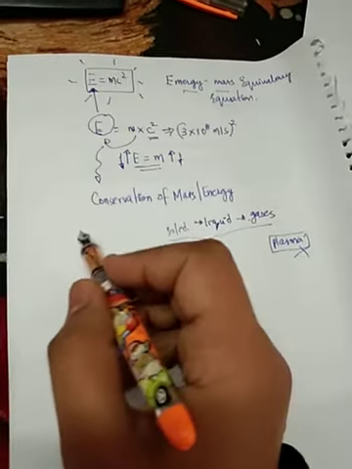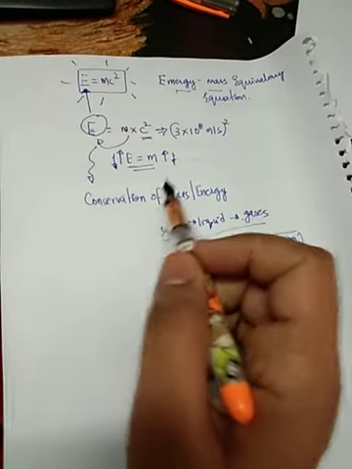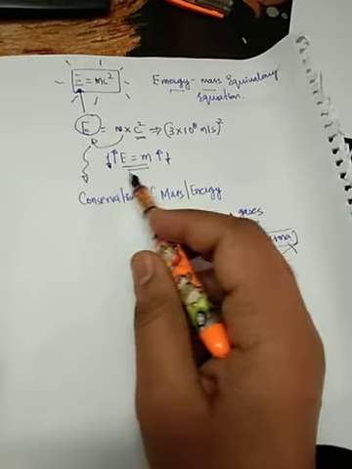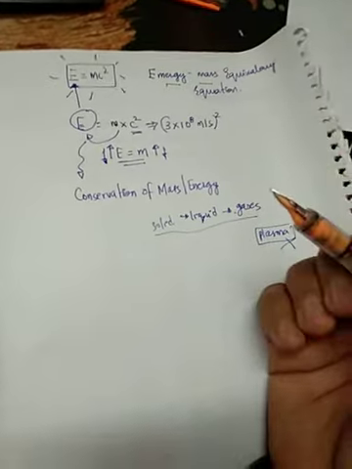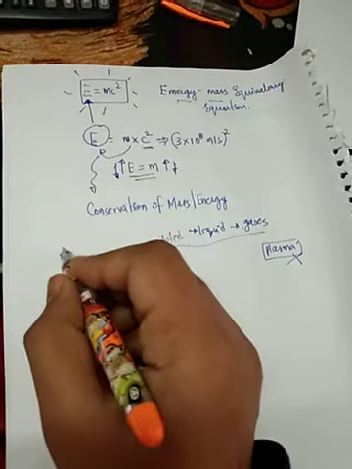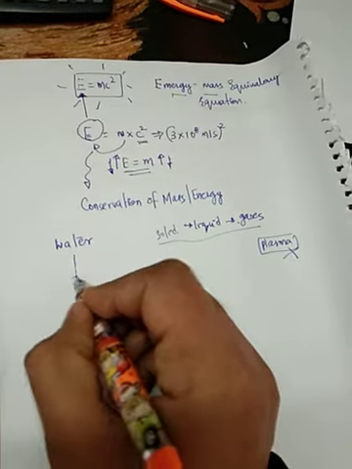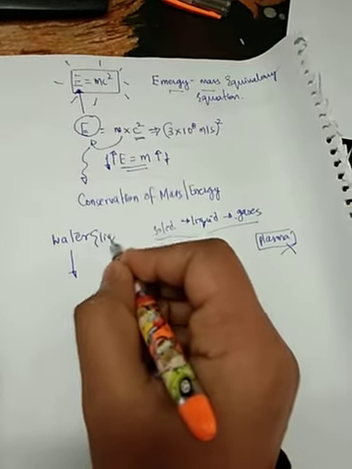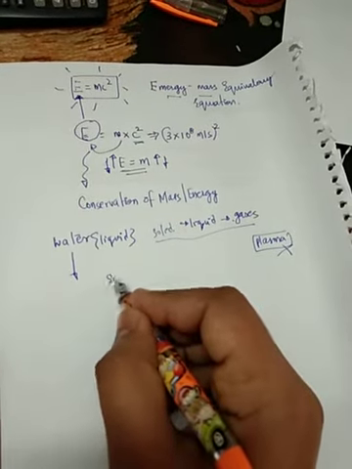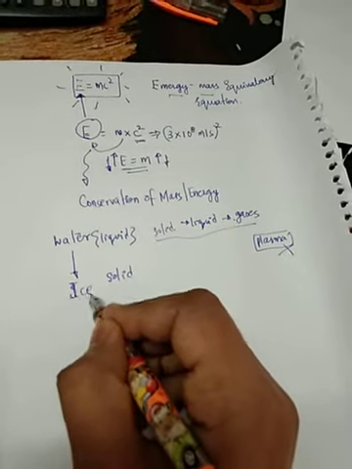So let's understand that relativity theory suggests that mass cannot be created or destroyed. It transforms from one form to another form. In a very similar way, energy cannot be created or destroyed. It transforms from one form to another form. So if we have mass in the form of water, which is currently in the liquid state, and you convert this liquid state into a solid state, then the water becomes ice.